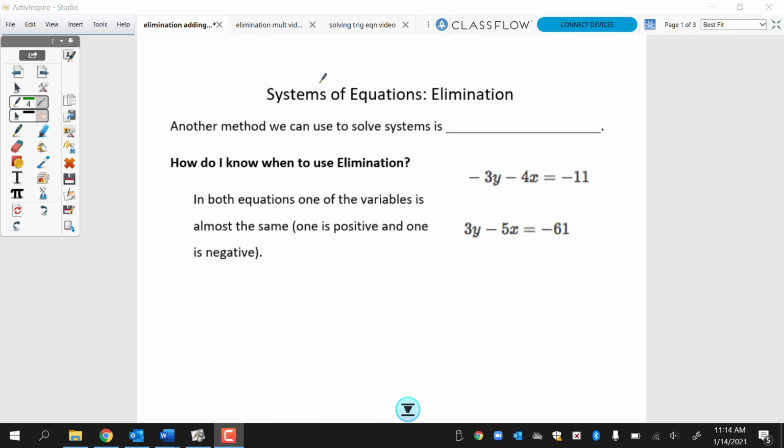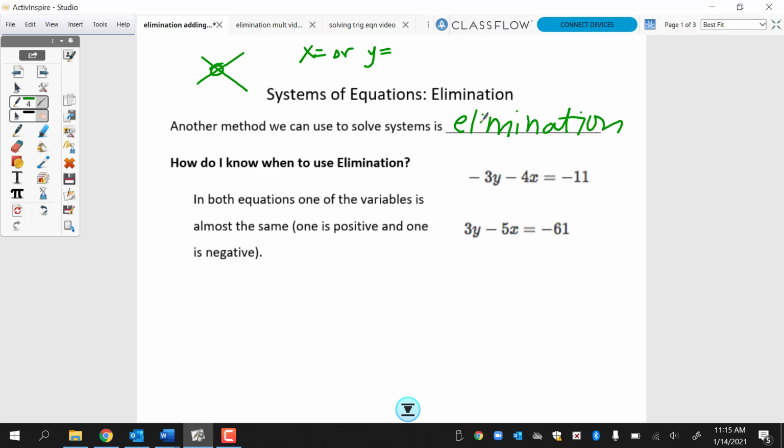All right, so we've been doing systems of equations, and we did graphing where we see where the lines cross, and wherever they cross, that's the answer. And we've done substitution where one of the equations is x equals or y equals. And the last way that you can solve systems is using elimination, and that's what it says right there. So we're going to put elimination